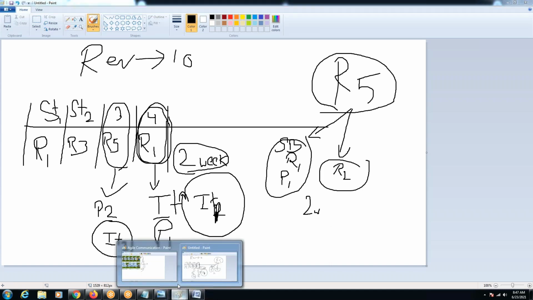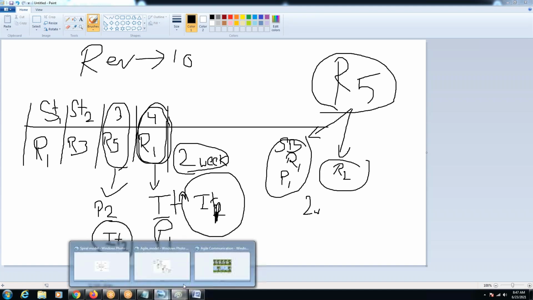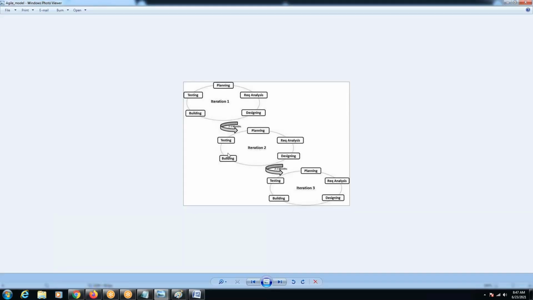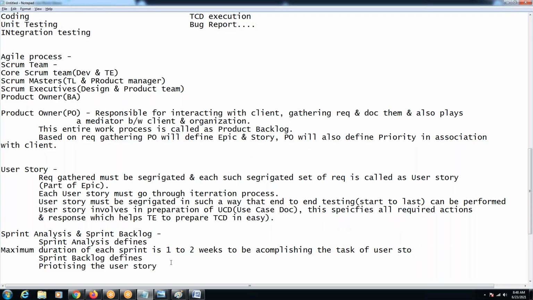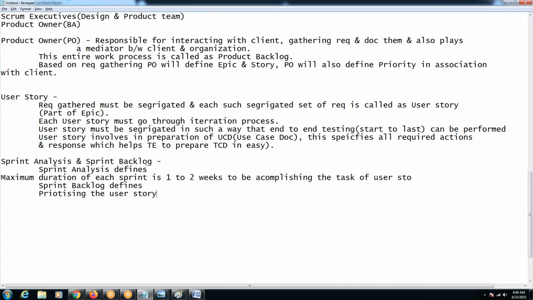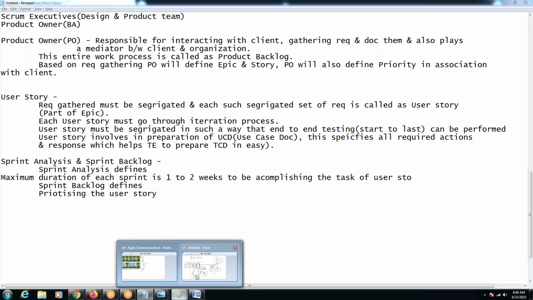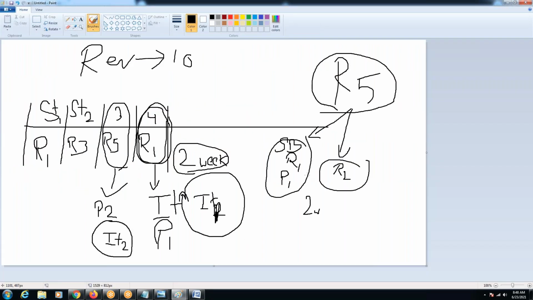That is what the image is talking about. Iteration 1, requirement 1. Iteration 2, there are 5 requirements inside. Which requirements the team needs to work on first, second, and so on, is all defined by the product backlog. So this is what the term is. When the requirements are accomplished, we need to do an integration process. Let me put that